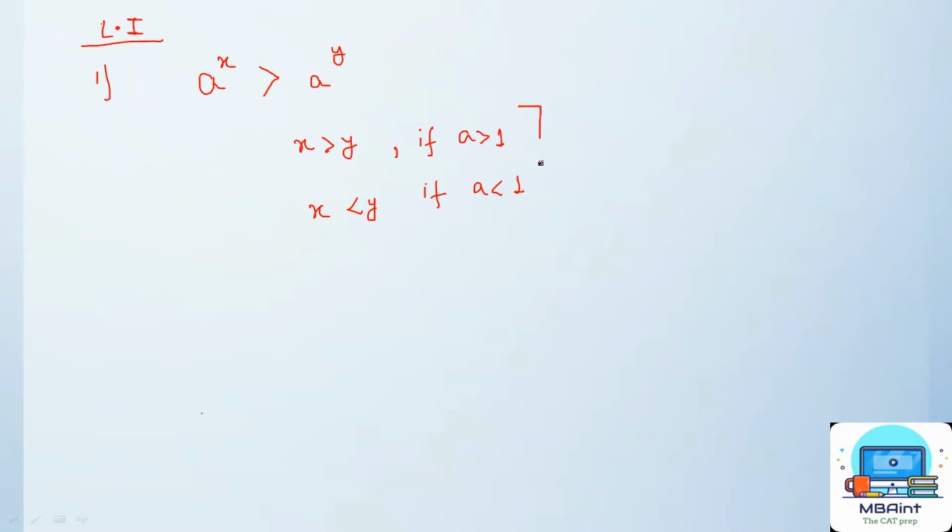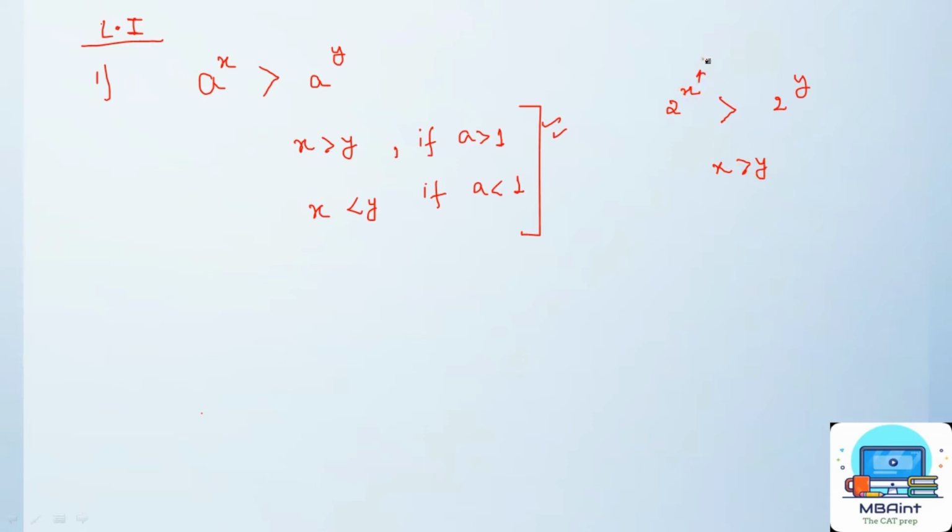Now, you might be wondering about what I have written here, and I'm sure most of you haven't got anything from what is written on the screen. No issues, just see the example here. If I take 2 to the power x and 2 to the power y, the very same as I have written here, and I tell you that the left hand side is the bigger one, this can only be possible when x is greater than y.